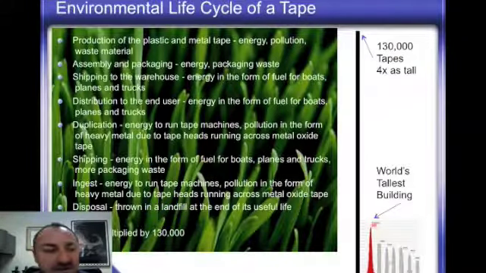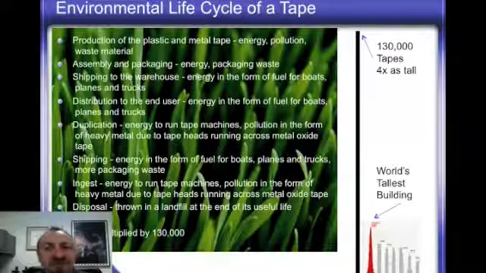One tape, you think about it as not being that heavy, but you put 130,000 tapes, and you're going all over the world with them. There's a lot of weight there. So let's think about that for a minute. 130,000 tapes per year. How big is that? I took a look at it. 130,000 tapes is 10,800 feet tall if you stack them all on top of each other.